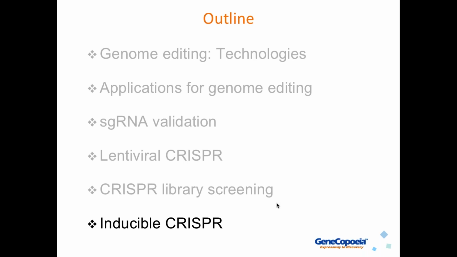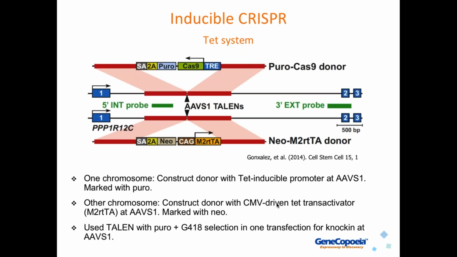And of course, again, that is a fantastic application for CRISPR-Cas9 stable cell lines. Okay, and the last application for CRISPR-Cas9 stable cell lines I want to discuss is inducible CRISPR. Everything I've talked about so far has been using constitutively expressed CRISPR, but there are some situations where you may feel the need to use an inducible system, such as you might want to wait until after treatment with a compound, for example, or at a particular point in differentiation to get a knockout or some other kind of